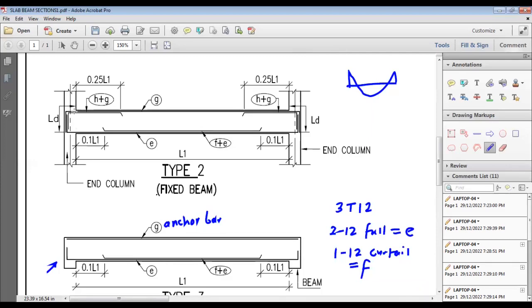So this moment has to be transferred into the columns. So this distance will be LD, and this G bar is nothing but an anchor bar, minimum steel we can say, to hold the stirrups. At this zone, there is an H plus G reinforcement. And what is the length of this bar? From the face of the column, it is